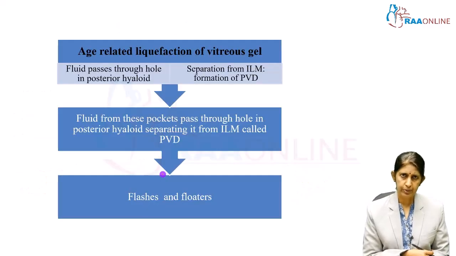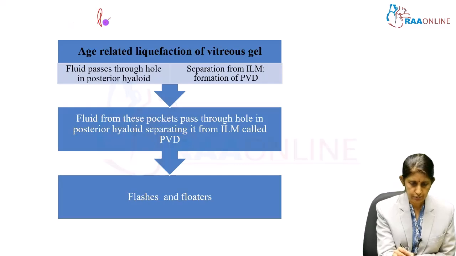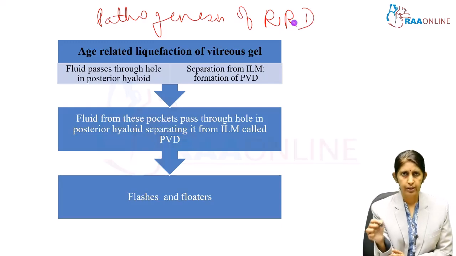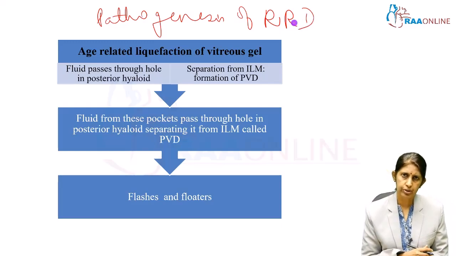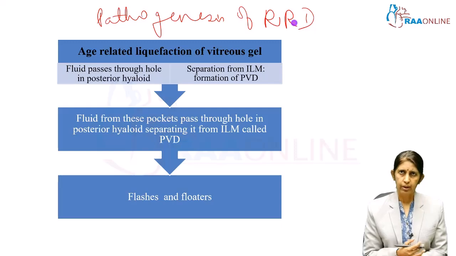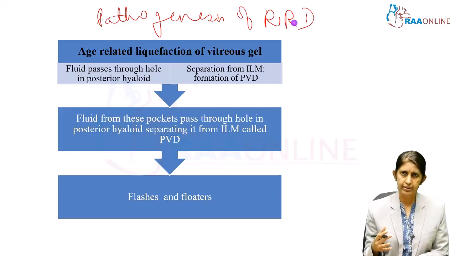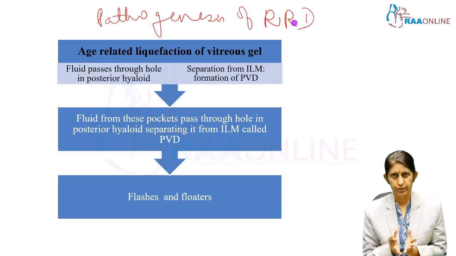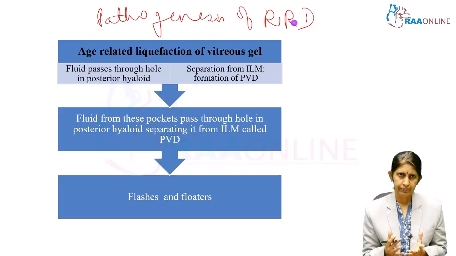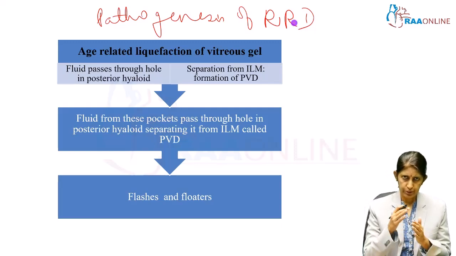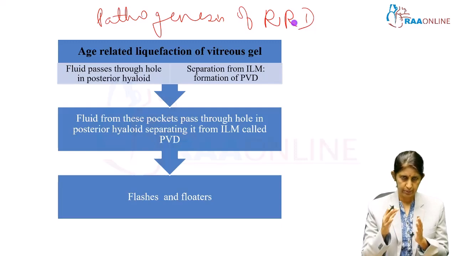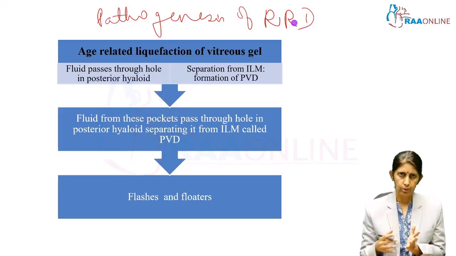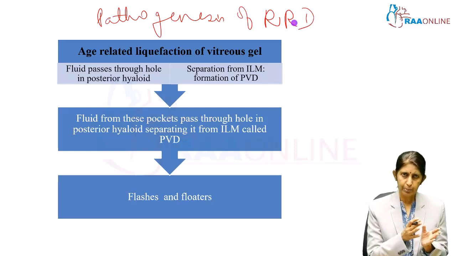So, pathogenesis per se: there is an age-related liquefaction. So, this is the pathogenesis of rhegmatogenous retinal detachment. There is an age-related liquefaction of vitreous gel. I told you at the beginning of the class that the vitreous is a gel-like structure, but over time and with age, there can be a liquefaction of this gel. So, it will become like a fluid. Now, this fluid: the posterior cortex of the vitreous, if this posterior cortex develops a hole due to degenerative changes, then there is a place for this fluid